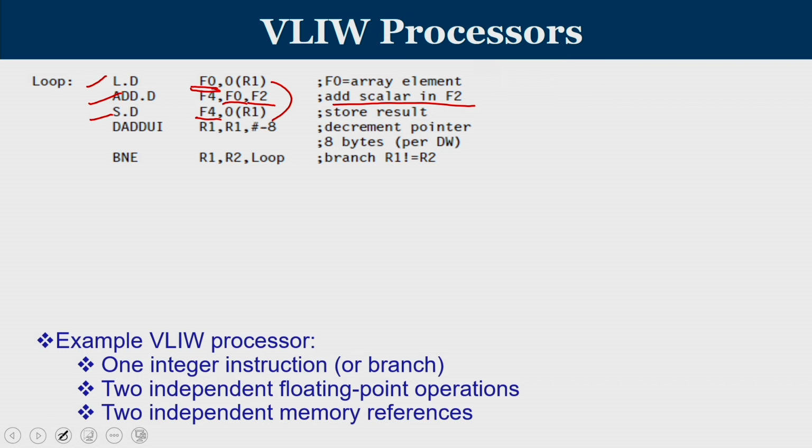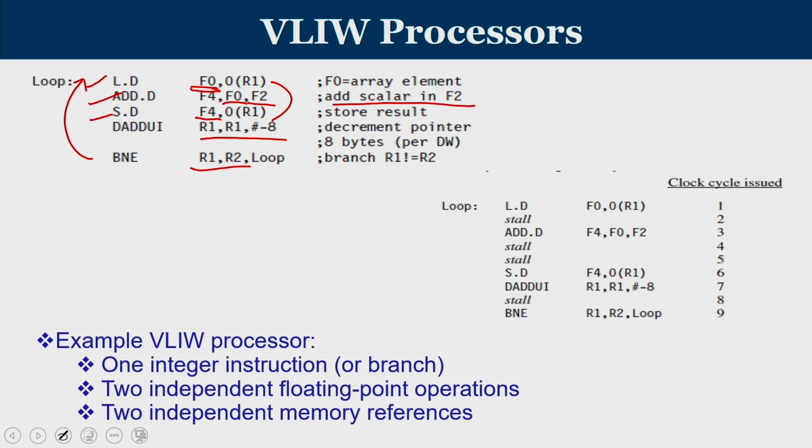And then since you have to repeat in a loop, you are going to decrement the value of R1, R1 equal to R1 minus 8, and then you check whether the value of R1 is equal to the loop bound or not, and then the loop is repeated. Now, consider that this is how your general program looks like. You have a load followed by an add and then a store. So, all these three instructions are dependent. So, I cannot run them in parallel. So, there is not enough parallelism available inside this basic block.